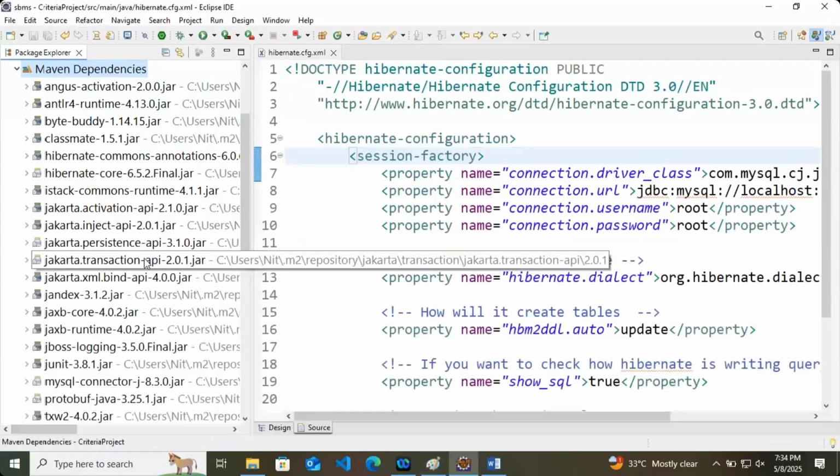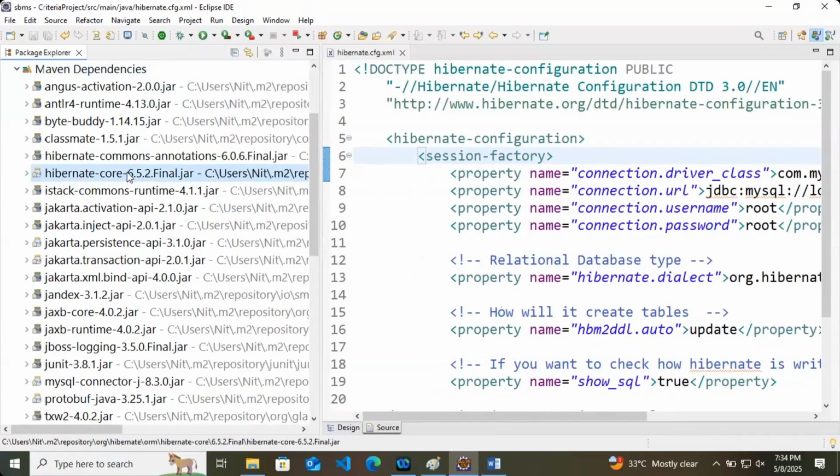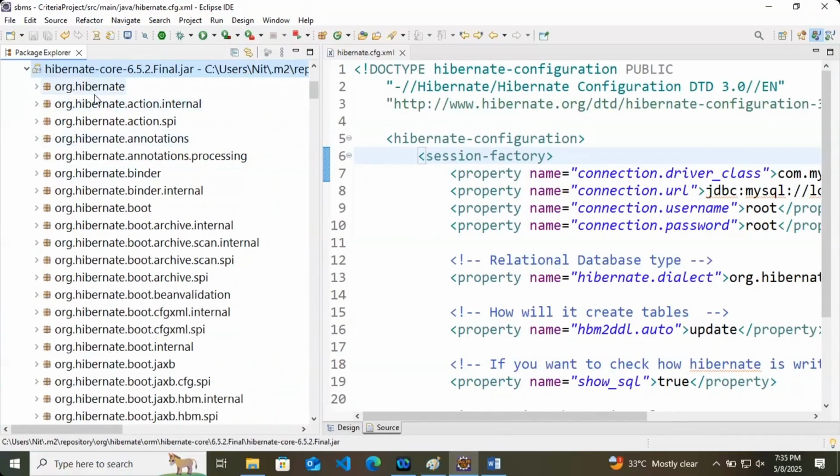Now, when you added the Hibernate core jar file, it means that whatever service Hibernate can give you will be inside this one jar file. I will open this jar file. Inside this, a lot of packages are there, like org.hibernate. A package will contain multiple classes.